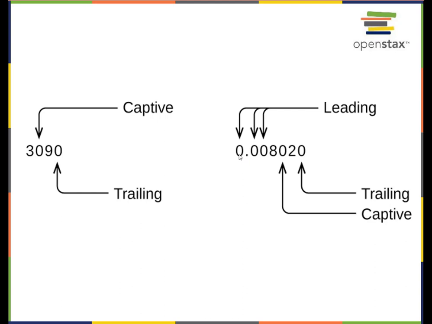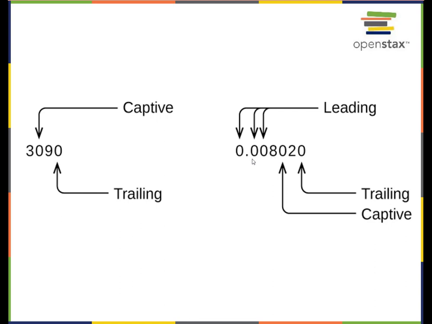The other kind of 0 is a leading 0, and these leading zeros are out in front of a number, 0.00, for example. Whenever a number is smaller than 1, it's going to have a 0 in the ones place, 0 point something. Whenever a number is smaller than 1 like that, it's always going to have at least one leading zero, but often it will have more. This number is smaller than 1, and it has 3 leading zeros, 3 zeros before we get to the first number that's not 0.